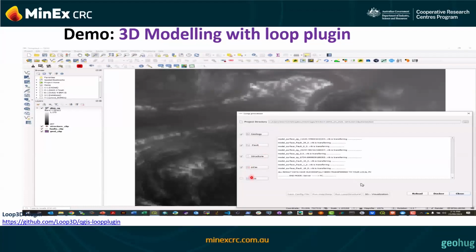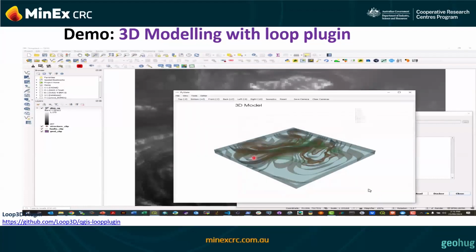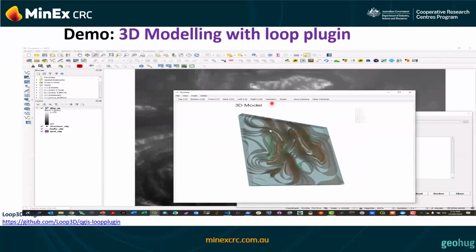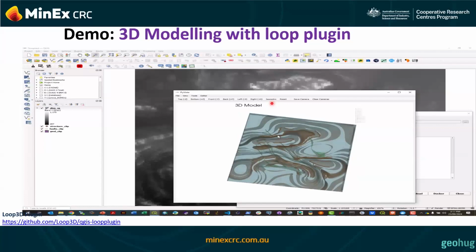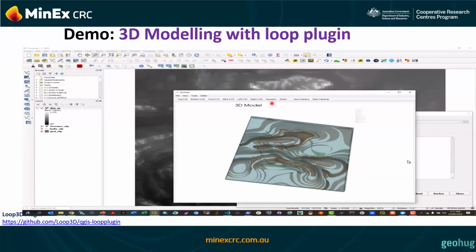Basically, this layer here is where you do the processing. On the left-hand side, you only need four layers: the DTM, the geology polygon, the fault line, and the structure point. Once you have the four inputs, it will activate the processing tab for you to recreate a new shapefile with only the information you selected.